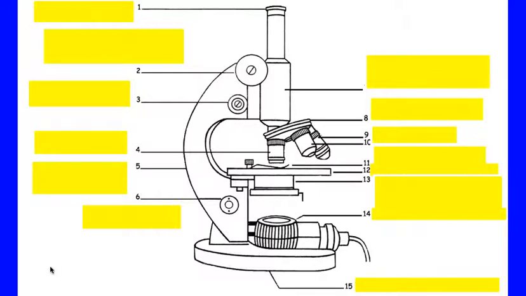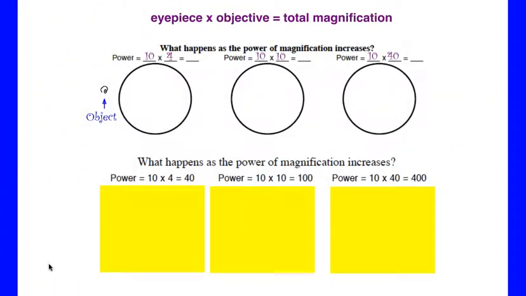Now, a couple of things about using a microscope. One is calculating total magnification. So if we wanted to know how much we were magnifying an object, what we would do is take our eyepiece, there's always going to be a number on our eyepiece, and multiply it times the number on our objective lens. So if we were looking in the first example, if our eyepiece were 10 magnification and our low power objective 4, then we would take 10 and multiply it times 4,